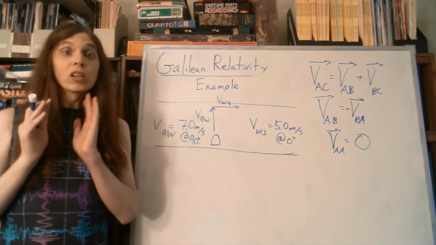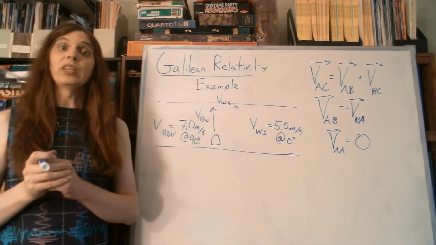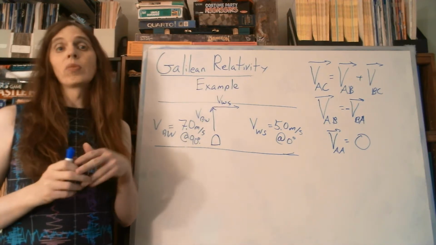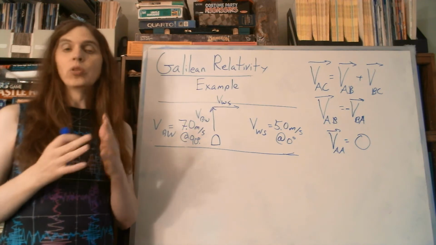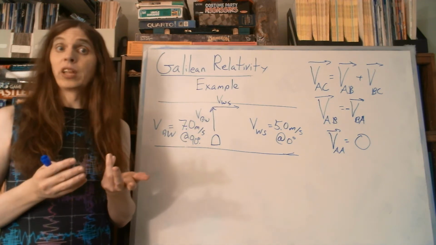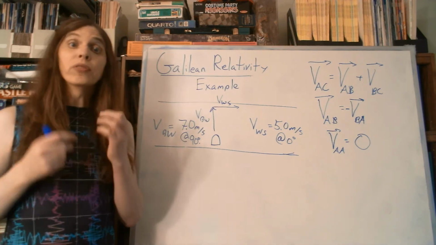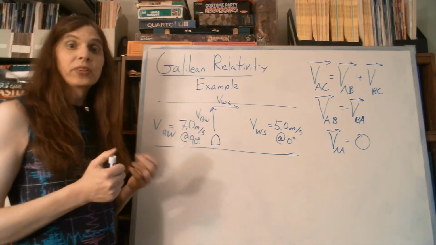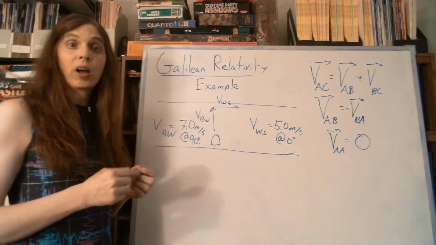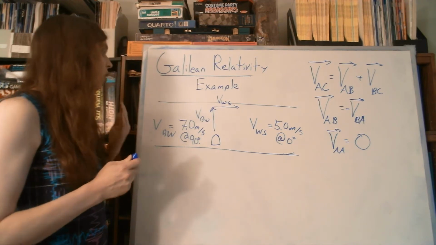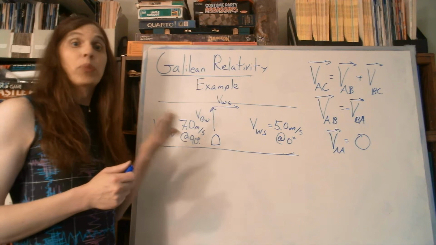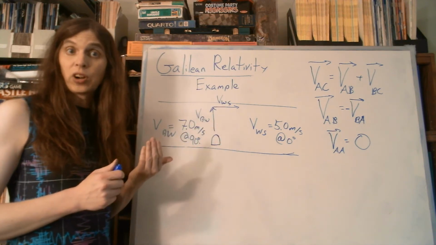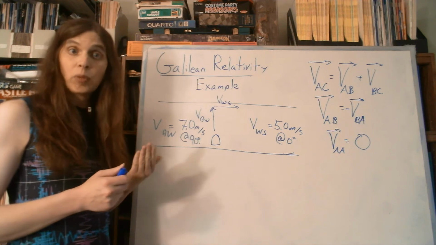Okay, let's take a look at Galilean relativity and look at a classic problem that we use to illustrate Galilean relativity that we might work with for motion in 2 dimensions. So one sort of problem we might play with is looking at how a boat or a swimmer may move relative to a river and its current,